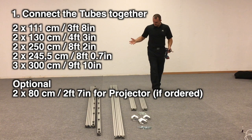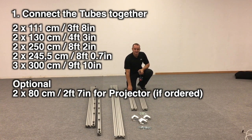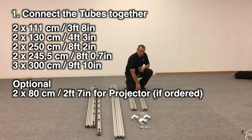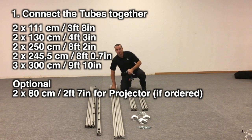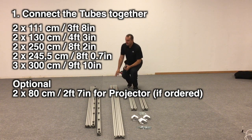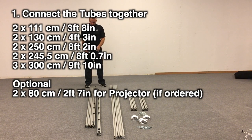We have here two pieces with a length of 111 centimeters. We have two pieces with 130 centimeters. We have three pieces with 300 centimeters. And we have here four pieces which are already assembled for construction of